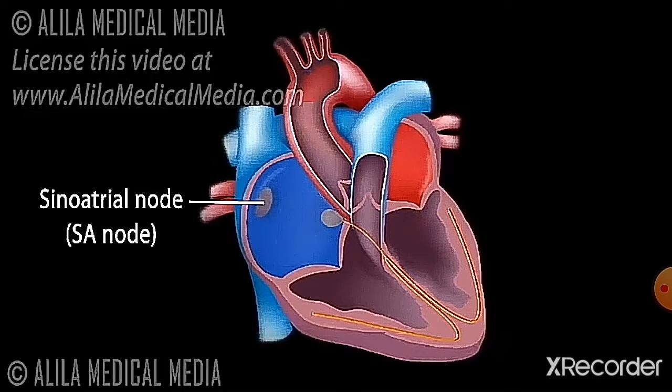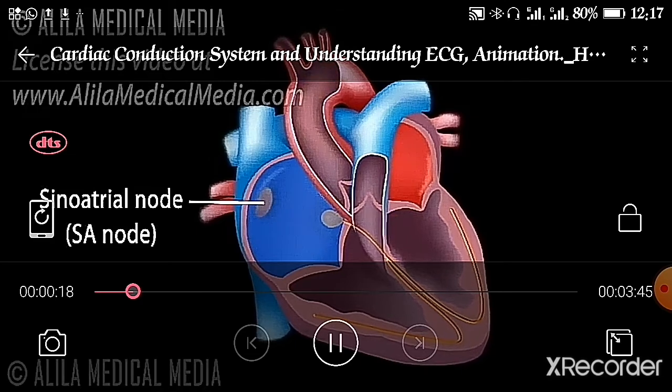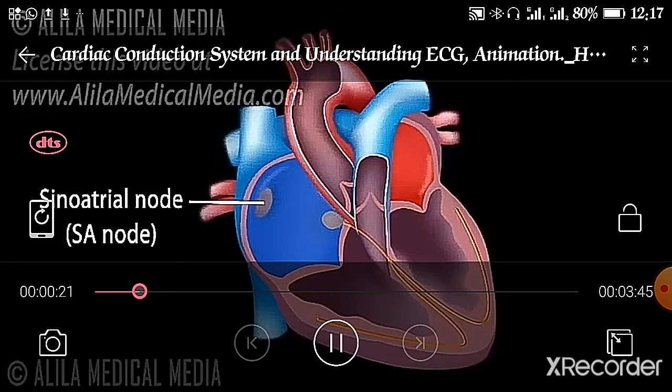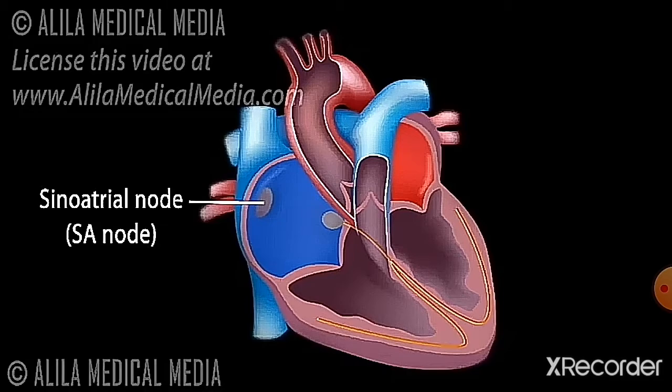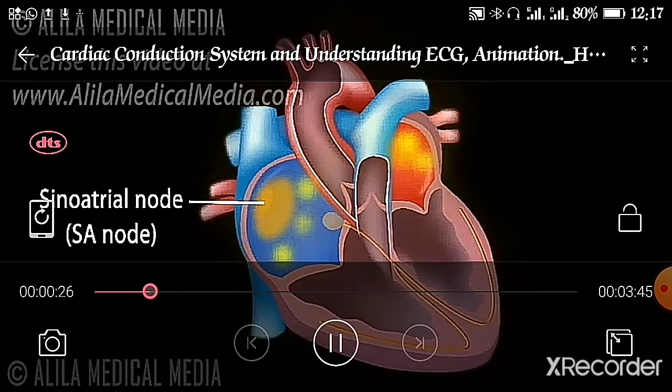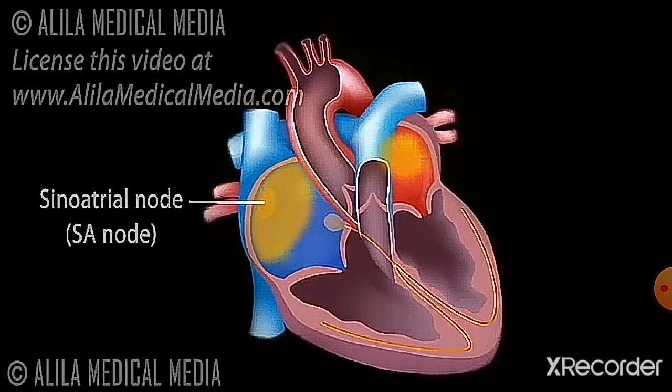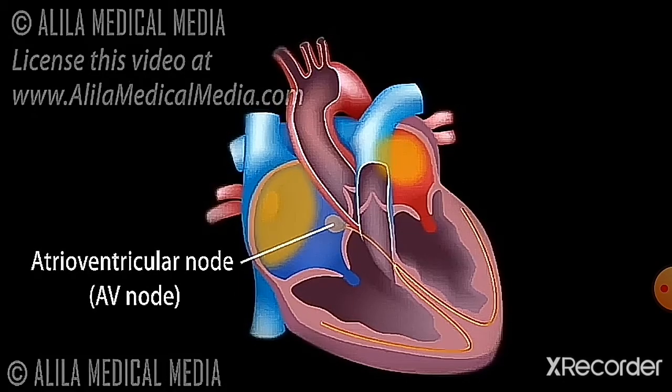Now here I will forward this. Once the sinoatrial node acts as the pacemaker, whatever impulses have been generated, it is a natural pacemaker. It has generated the pace, and that pace has been simultaneously transferred to the left side as well. So the left atrium also produces depolarization and produces the action potential. From the right side to the left side, they immediately transfer.